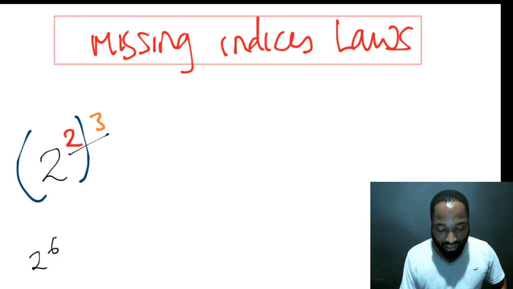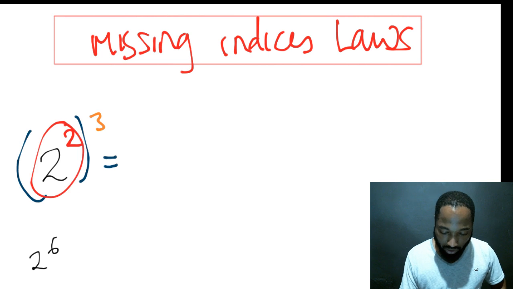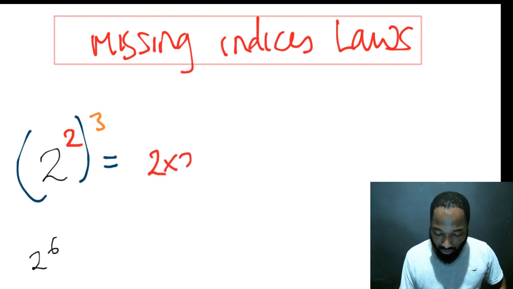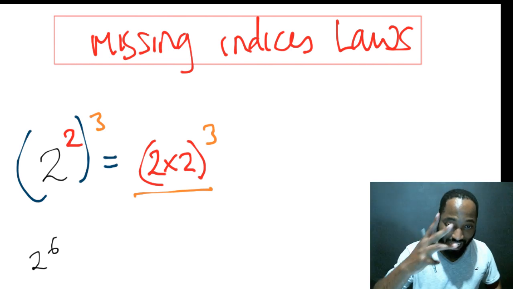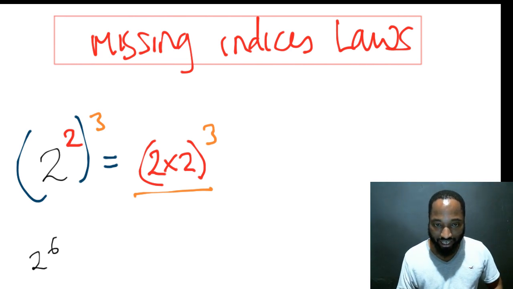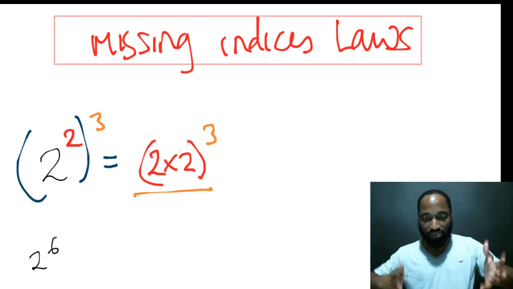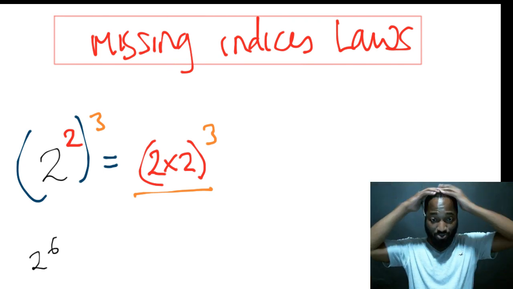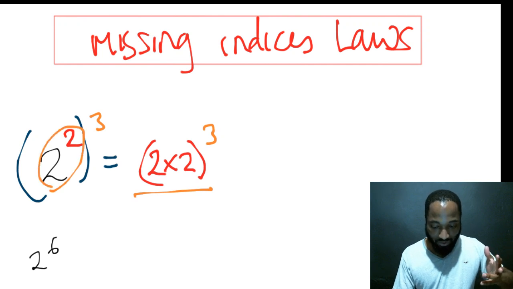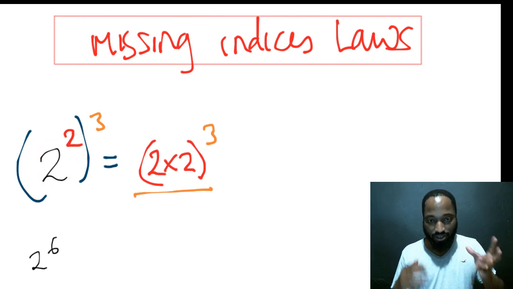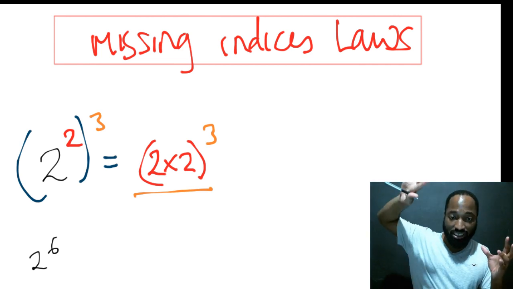You have to multiply the 2 by the 3 when it's like this. Well, let me show you why. I'm going to put the first thing in red. 2 to the power of 2 means 2 by 2. Now, if I'm saying 2 to the power of 2 raised to the power of 3, it means I need to write this 3 times. Hope I haven't lost anybody there. So 2 to the power of 2, then I have to raise that to the power of 3. 2 to the power of 2 means 2 by 2, because 2 times. You do the brackets first. 2 by 2, and then raise it to the power of 3.